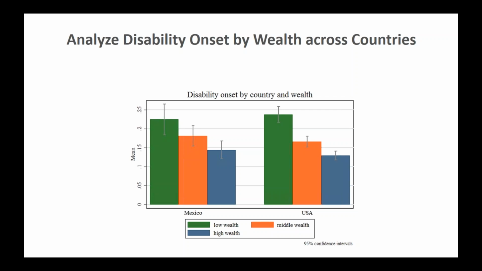If we look at the different gradients, to me, they look a little bit different. You could test this more formally. But one of the things you might notice is that low wealth people in the US are estimated to have a higher disability onset than low wealth people in Mexico, and high wealth people in the US are estimated to have a lower disability onset than high wealth people in Mexico,